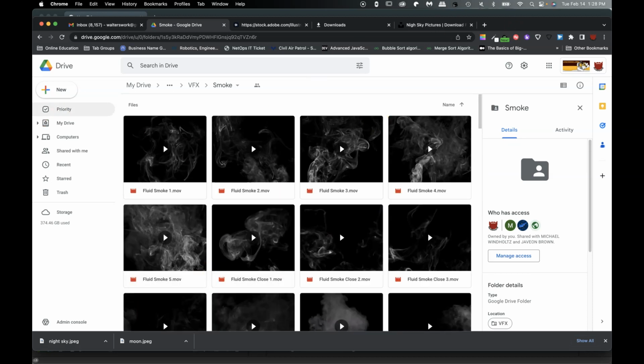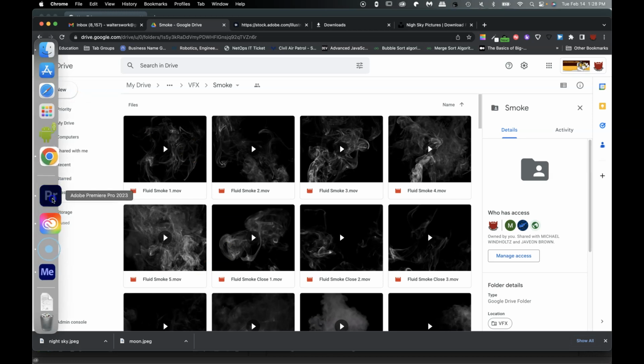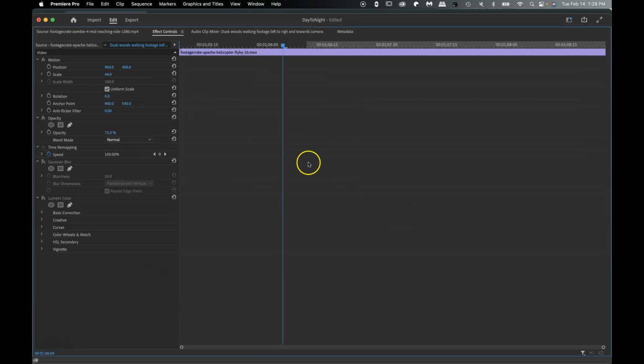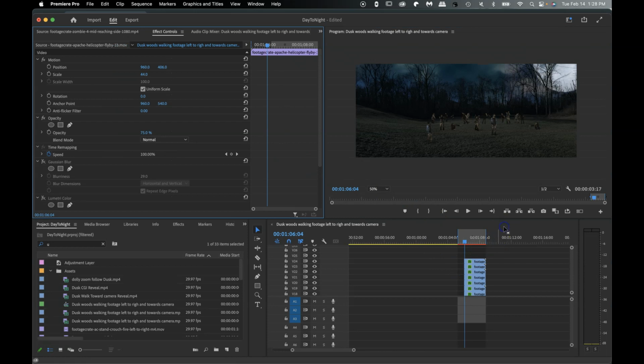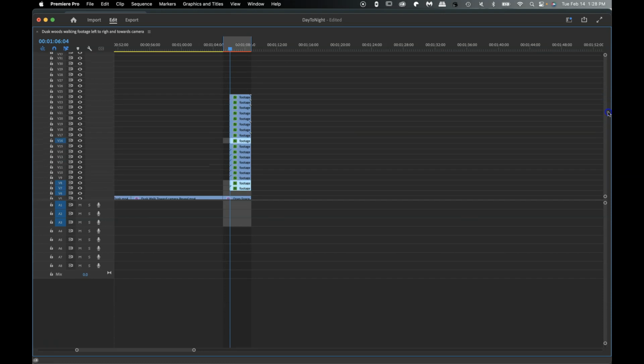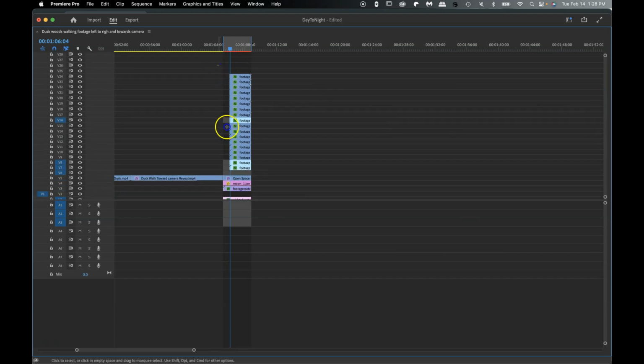Okay, so we want to end up blending that, but now let's look at, we have that little bit of movement right there that we're going to need to get. So I'm going to maximize this piece of footage right here. We're going to get every single clip. So all of these, that's all going to be keyframed together to move a little bit. So we want that to keyframe and kind of fade in. So I'm going to select everything,